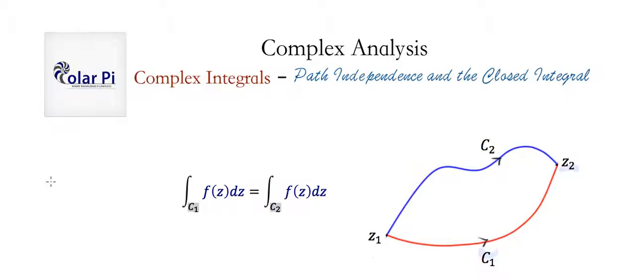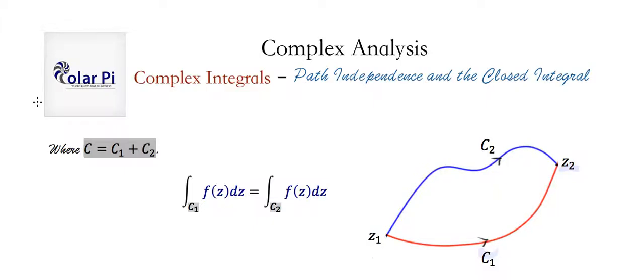Okay, but then we could form a contour C by taking C1 and adding it to C2. That's to say that C would start and end at Z1. It would first go along C1 in the same orientation as C1, but then once it gets here, it'll come back to Z1 against the orientation of C2. And then from what I said in the intro video, if you go against the orientation of a certain contour, then the value you will get will be the negative of the value of the integral in the positive direction,